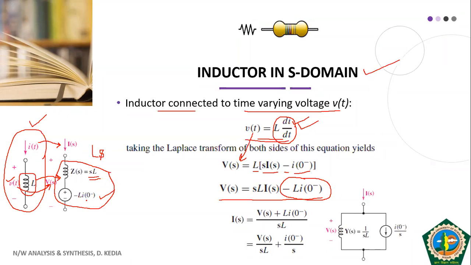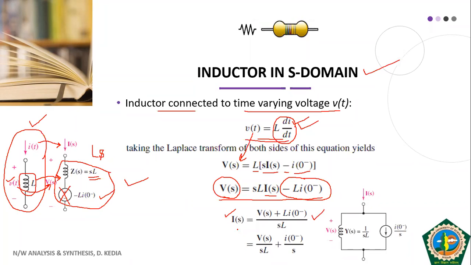Okay, and if the initial condition is 0, in that case you will not use it here, it will be simple Ls. So L will become Ls in case of your Laplace transform approach. I hope this is clear. So this is the representation corresponding to your voltage. If you want to see in terms of current, you find out the value of Is from this expression. This is what you get.